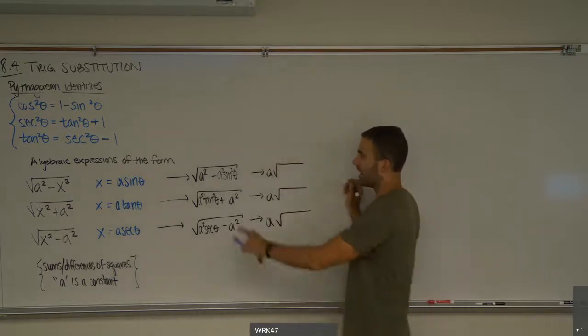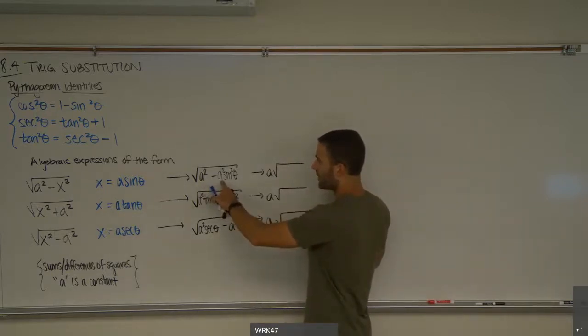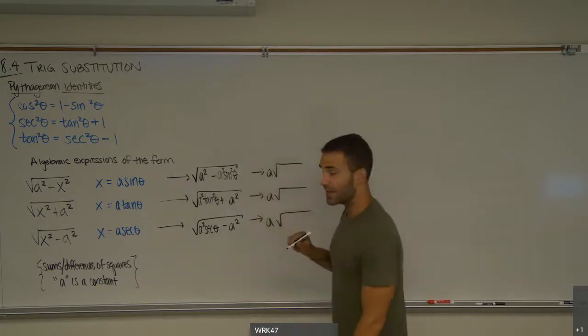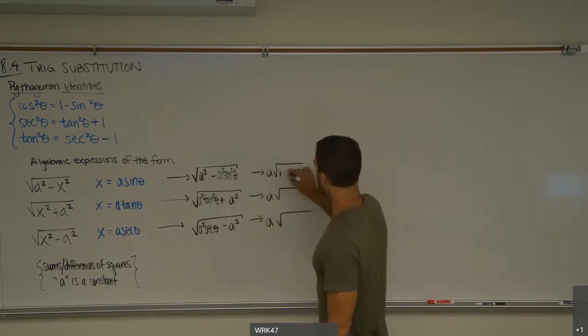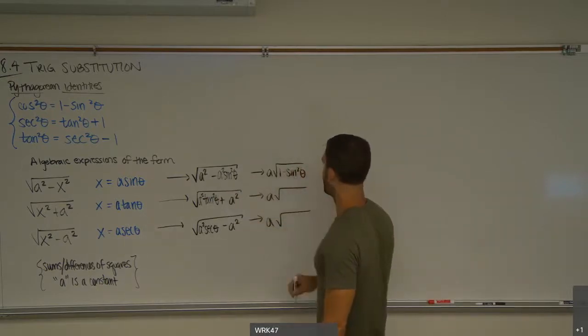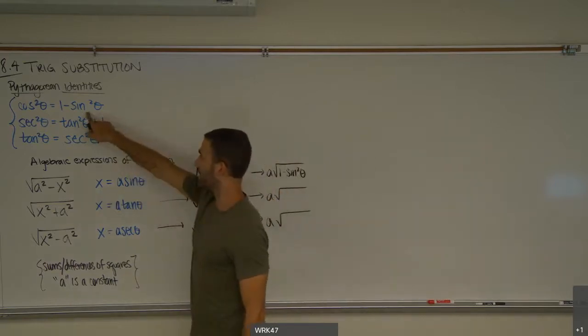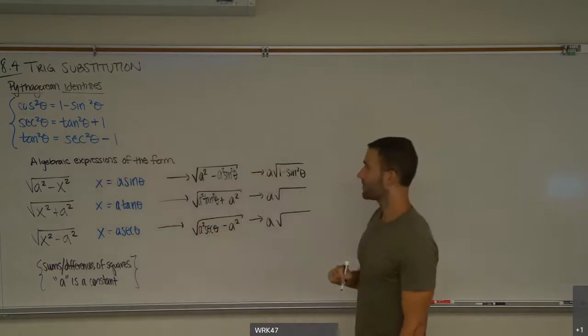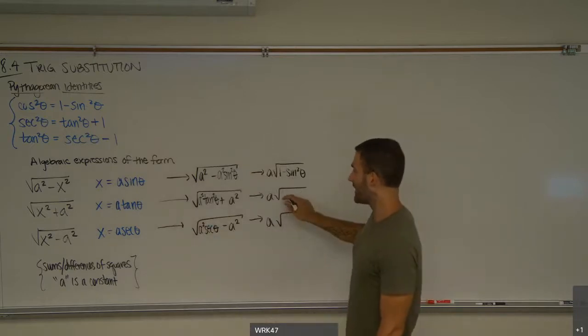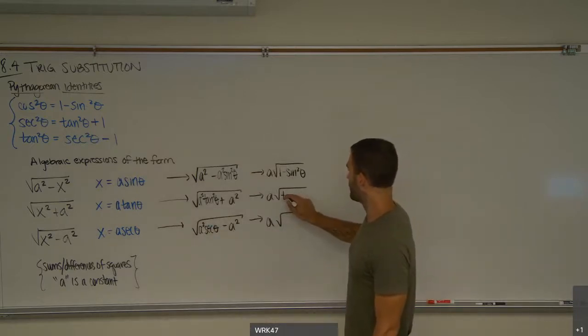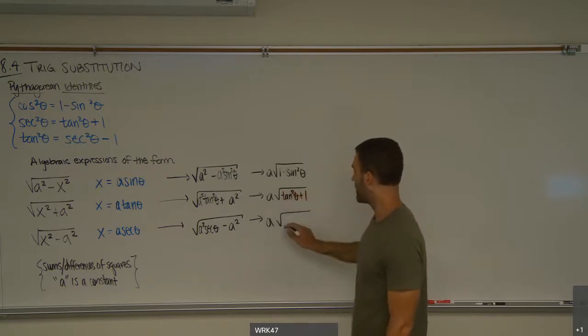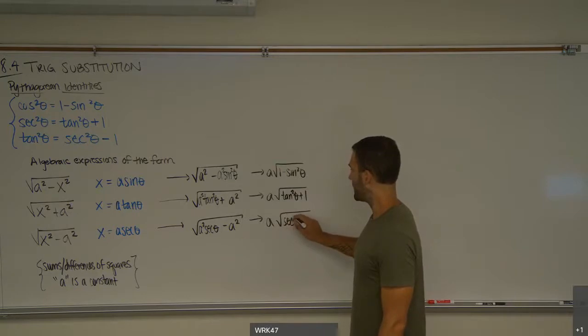So factoring an a squared out from each term and pulling it out of the root, the square root of a squared giving me a, gives me 1 minus sine squared here. And now we see why we use this trig function to relate to this identity. And in the second one, we get tangent squared plus 1. Another identity. And in the last one, we get the last identity written up there, which is secant squared minus